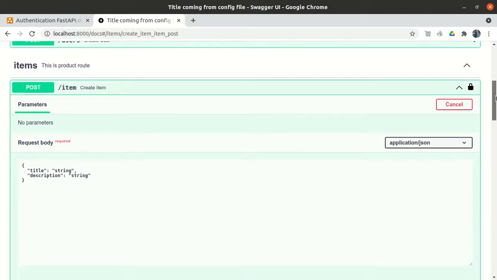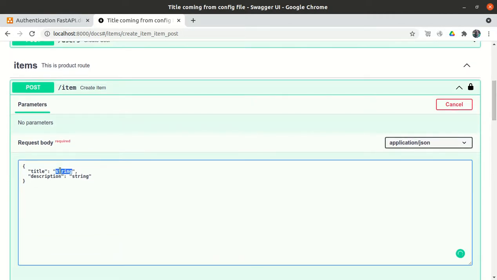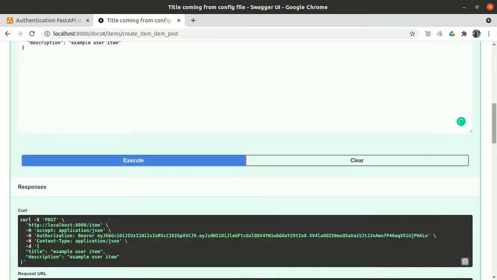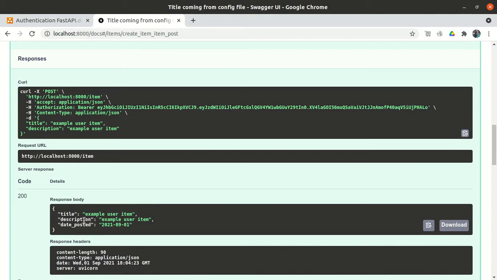If I now create a post item, let's suppose example user item, and execute it, the item gets inserted.